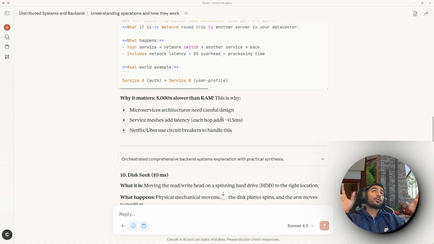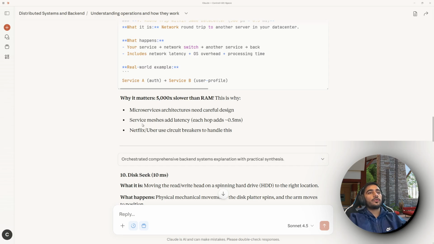So if you have an even more complex system, say you determine if the user is allowed to do the payment or not, then you call checkout and ask what are the instruments that need to be shown. Checkout itself calls another microservice that stores all of the payment instruments of a particular user. They come back, and when instruments are fetched, these are populated on the app, and then you call the payment service. Payment service then itself calls the payment provider. So if you see, there are 4 or 5 hops in between here, right? So each hop is adding latency of approximately 0.5 milliseconds. So that's what these are.